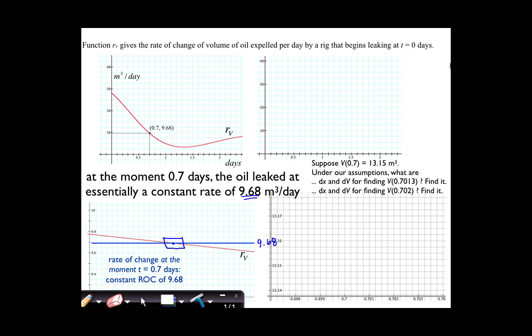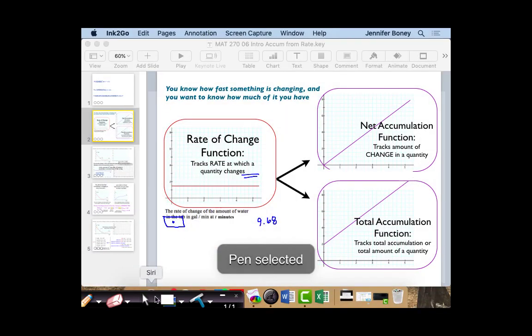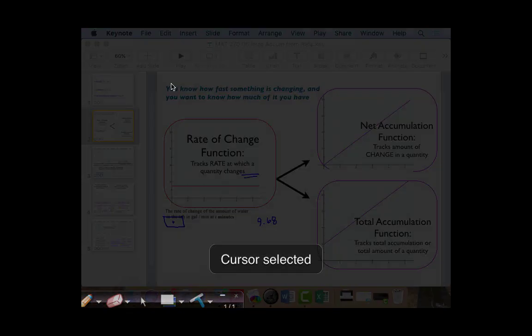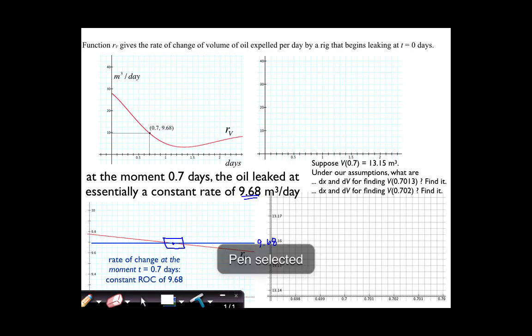So looking at what this says over here, suppose that V of 0.7 is 13.15 cubic meters, meaning this is V, not R sub V. So this is the volume of oil at time 0.7, or in the moment 0.7. I know the rate. It's telling me the volume,